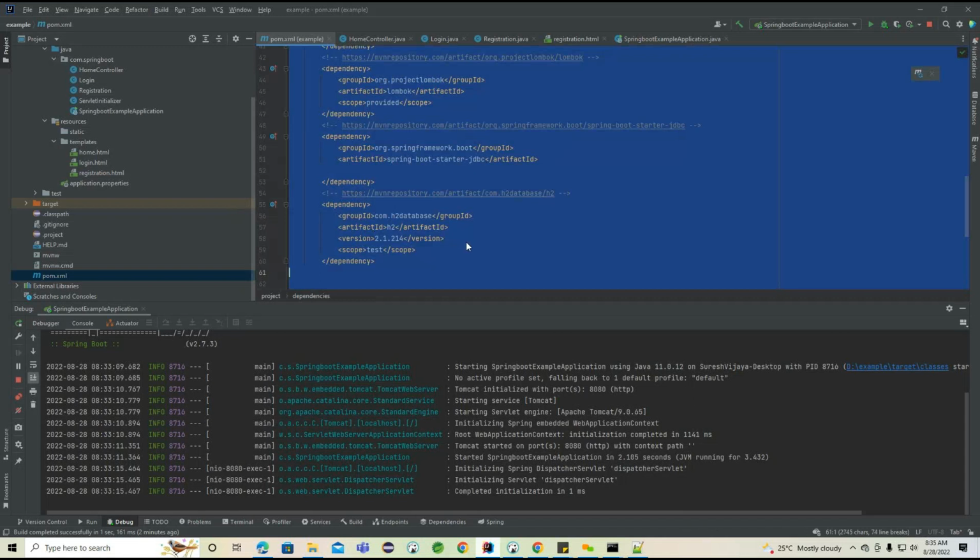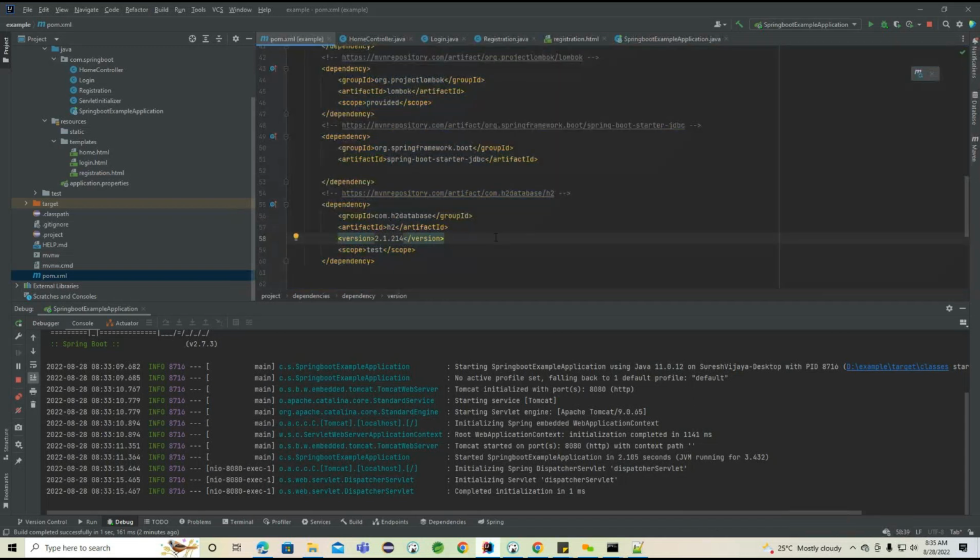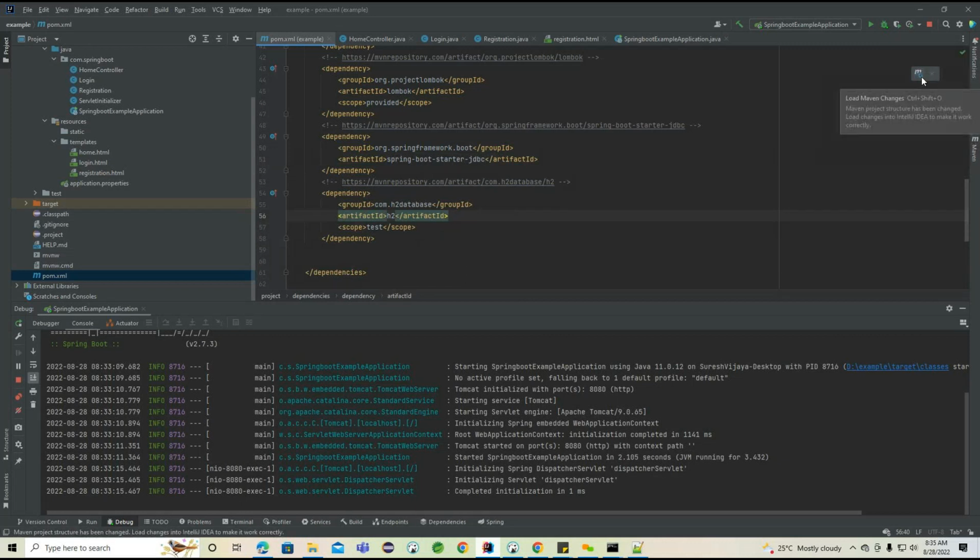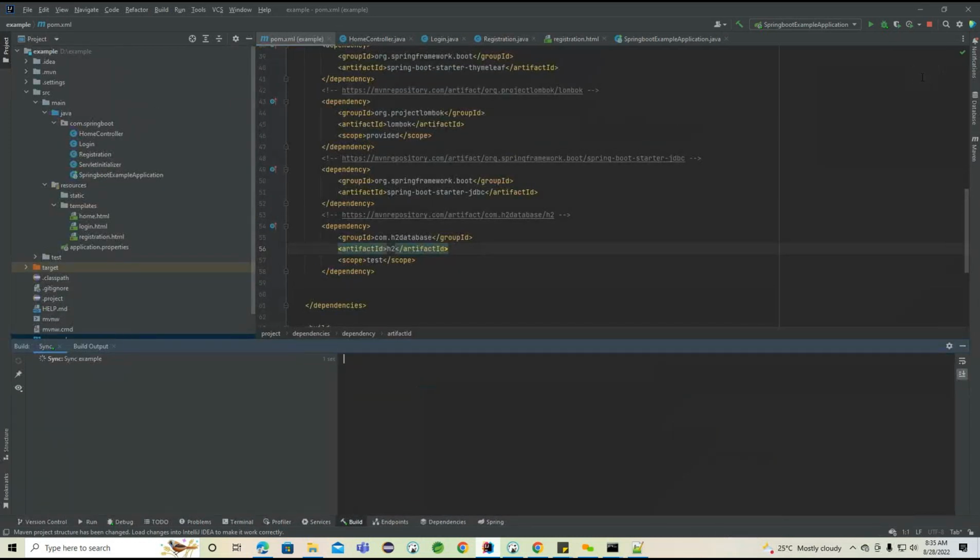Control Alt F: if you want to format, you need to use Control Alt F. But in Eclipse, we use Control Shift F. These are some shortcuts in both IDEs. Now you can see the M icon because we are working on a Maven application, so we need to refresh this. Whenever we refresh, internally it will download all the required dependencies here. Okay, now you can see I'm adding this, and if I run the same example one more time,